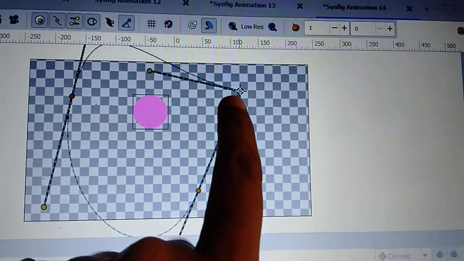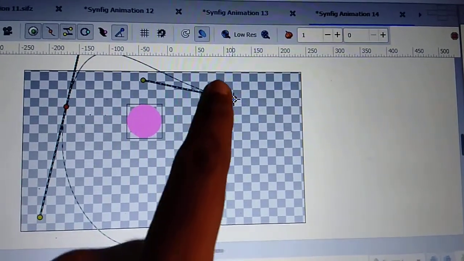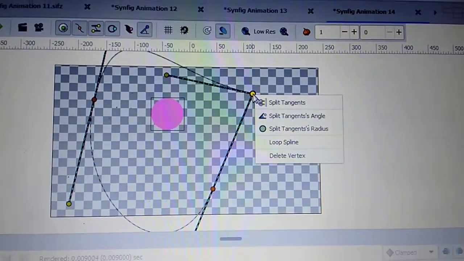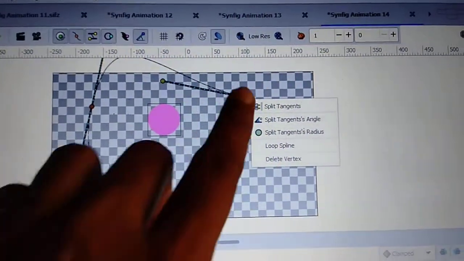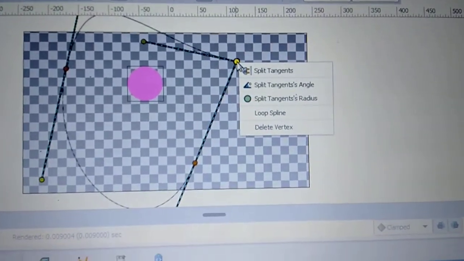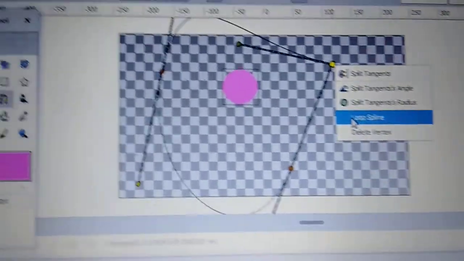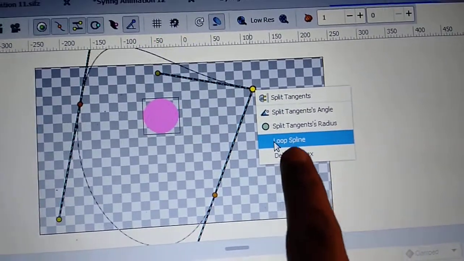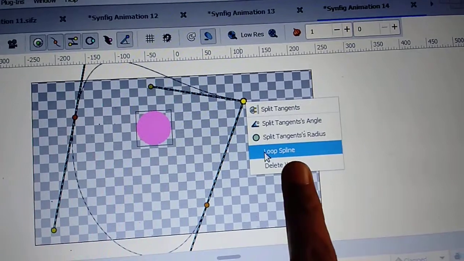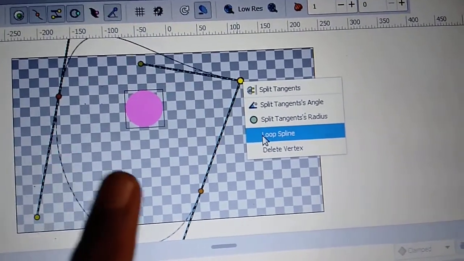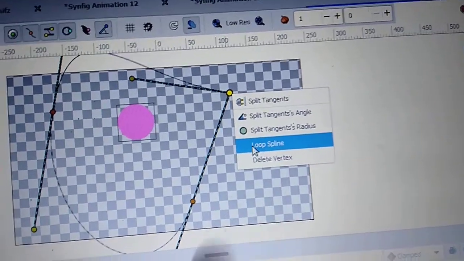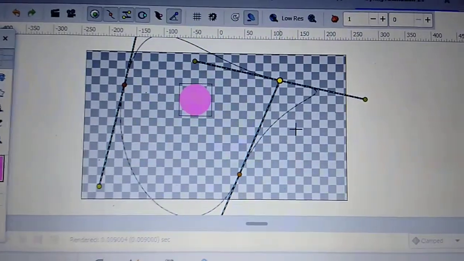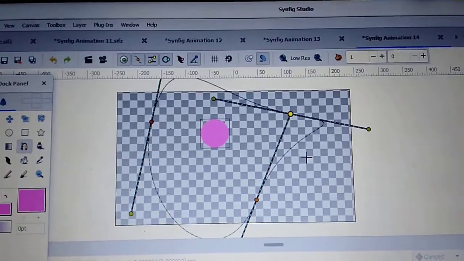Which point? First point. Where should this beeline tool end? Where you started, there you end it. Clear? Now right click on its first point, the beeline first point. You can see loop SP line. I have the SP line tool, that's why you can see loop SP line. If you have beeline, then you can see loop beeline. Which tool? Loop beeline. Clear? Now click on loop SP line.